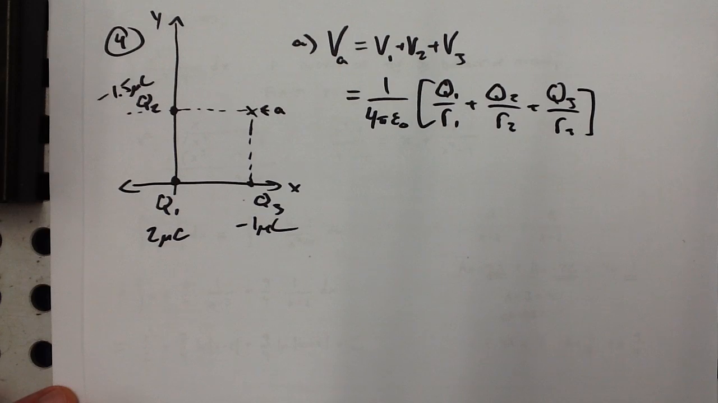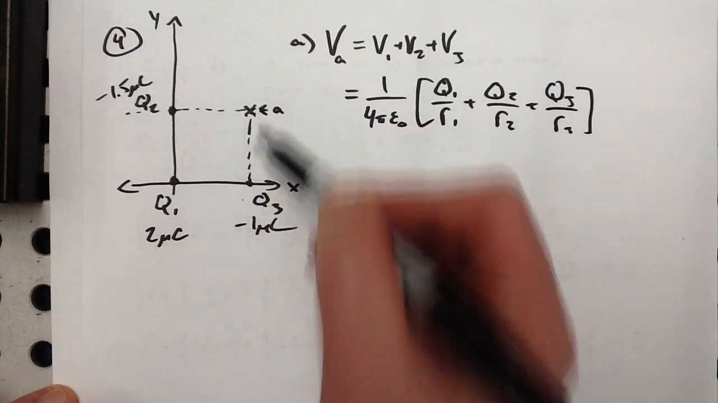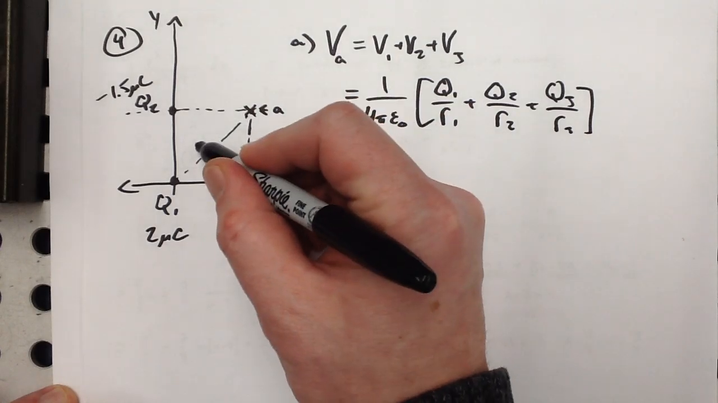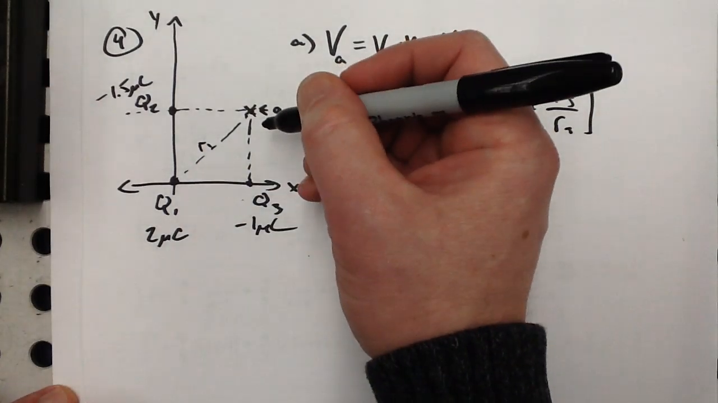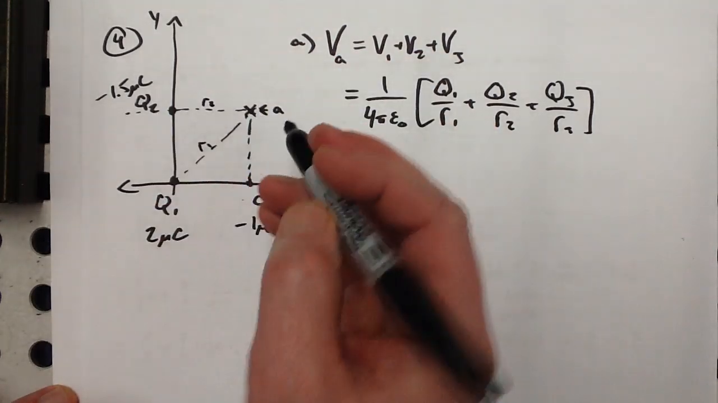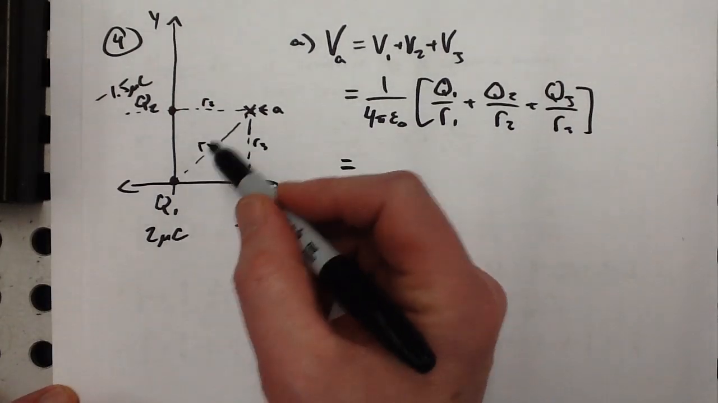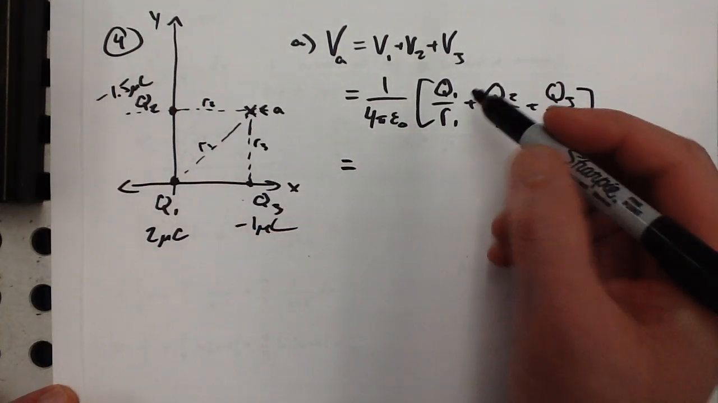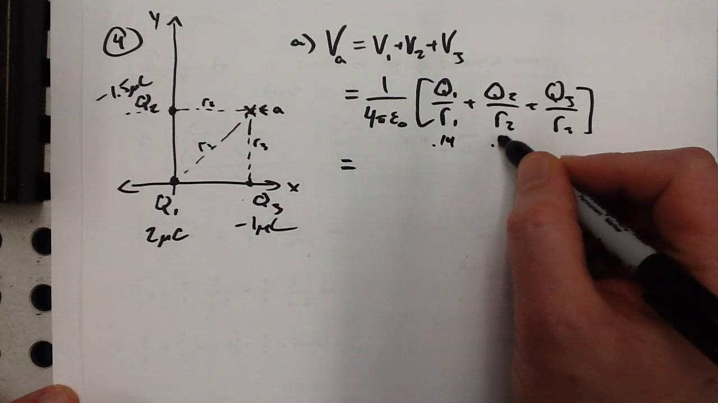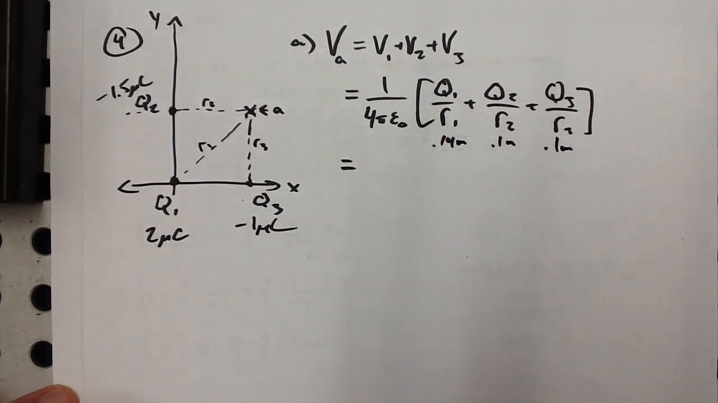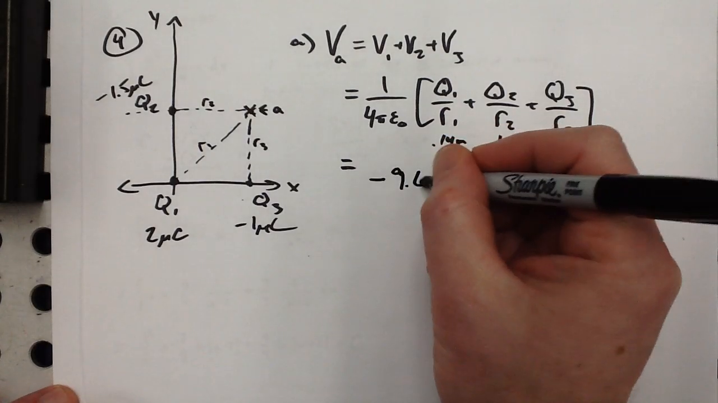And like in the notes, I just want to emphasize what these R's are. So this is the location we're interested in. So the R1 is the distance from that location to Q1. Likewise, this is R2, and this is R3. And R1 is just going to be a little Pythagorean theorem here. This is about 0.14, and these are just obviously 0.1 meters. So you can refer to the sheet that I gave you with solutions if you need to, and that comes out to be